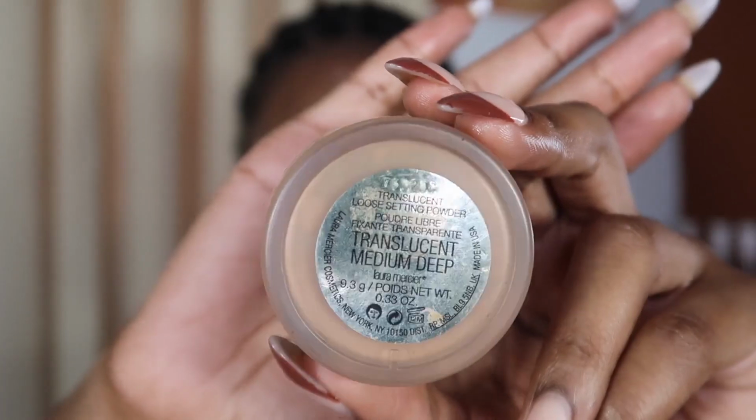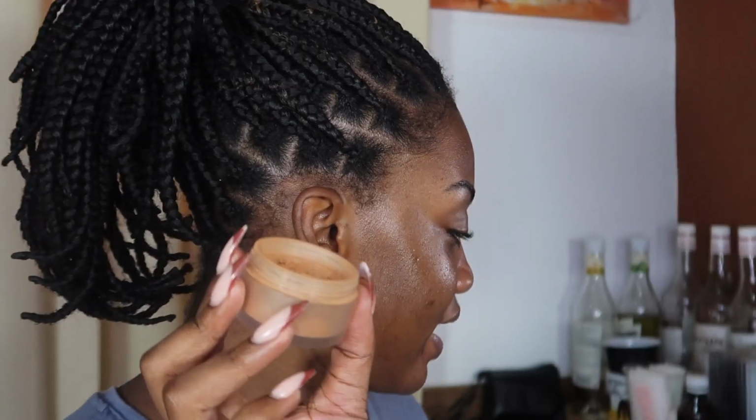I keep looking somewhere else. So before I put my foundation on my skin, I powder my face. I use my Mercier translucent powder in medium deep. And you think I'll use a beauty blender? No, I've stopped using a beauty blender. It just kicks up the product. I use a powder brush. This is the Victor Joseph UVT cleaned powder brush. So I just